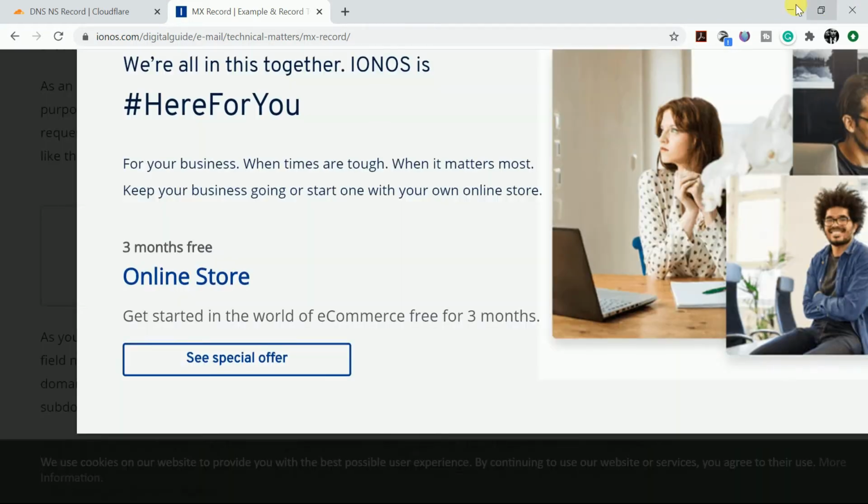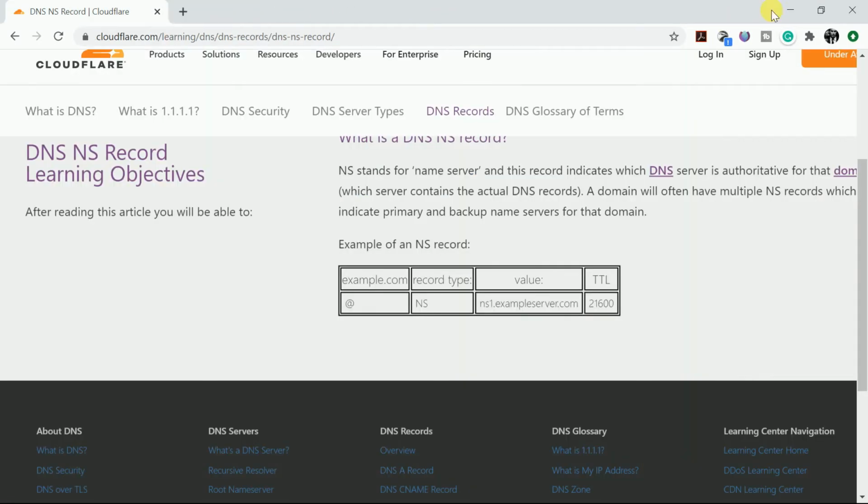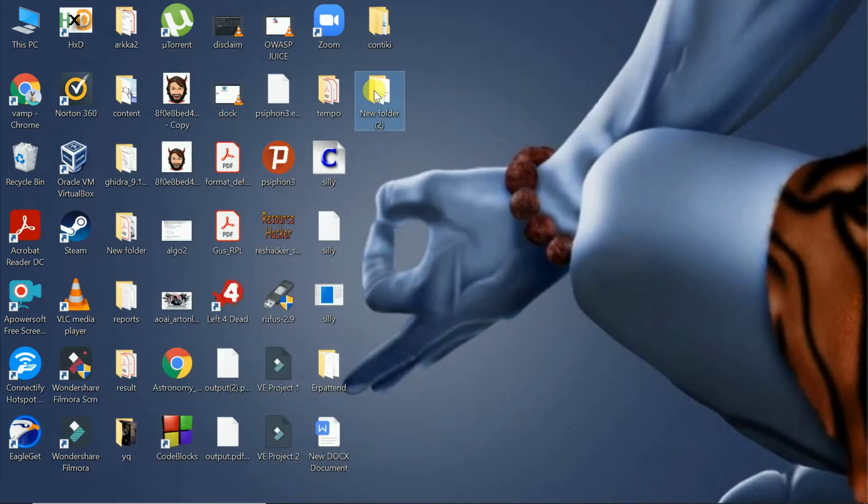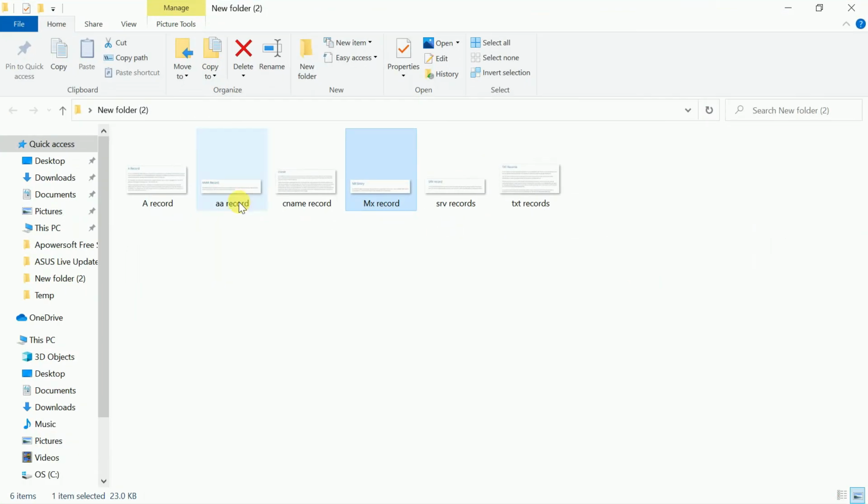Okay, so let us close this one, we don't need it now, and let us go back to our folder. So we have covered the A record, the CNAME, the MX one, and which one should I start next? Let's start with the TXT records.